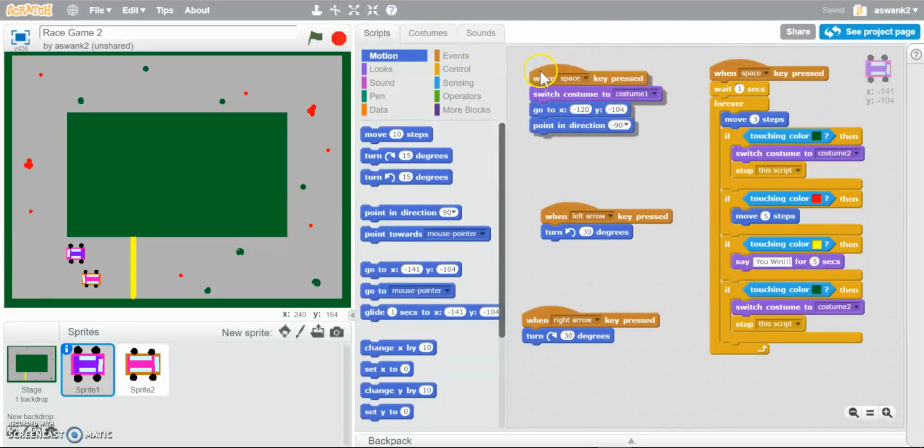This code right here, when space key is pressed, switch costume to costume 1, that basically means that whenever you press the space key, then it would switch the costume back to your normal car because I have two costumes. One is the normal car and one more is the crashed car, which is costume 2. So it would switch the costume back to your normal costume if you crash. And it's gonna go to the coordinates x negative 120 and y negative 104, which is right here,